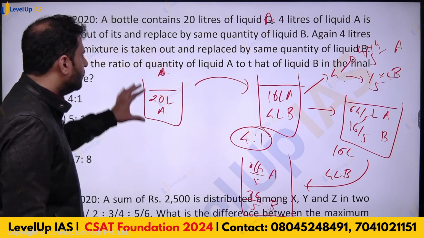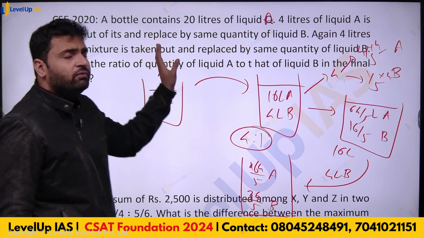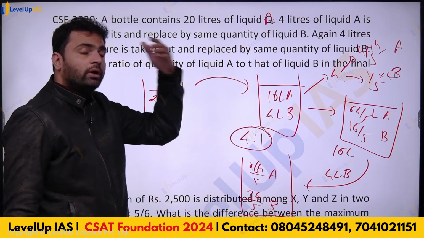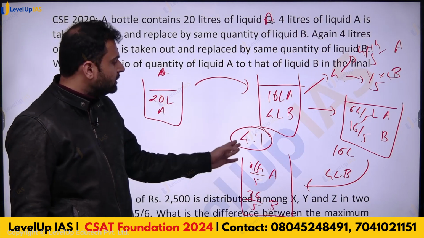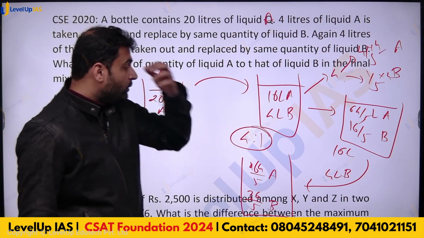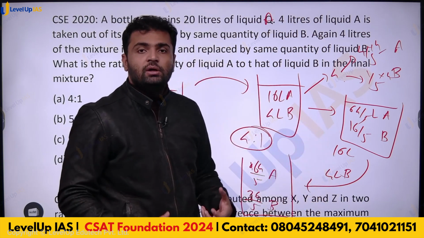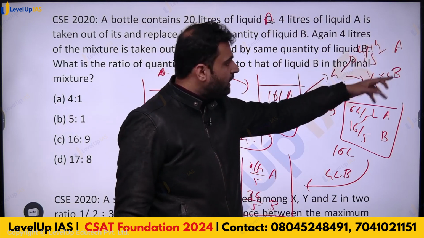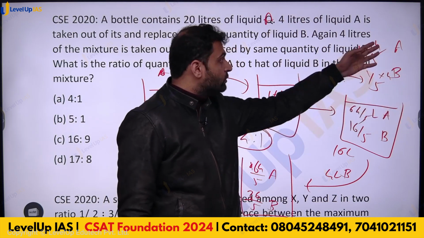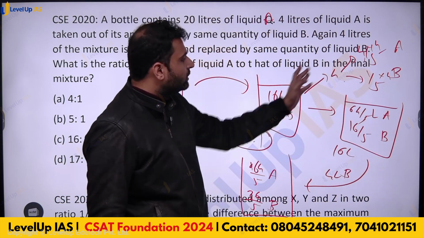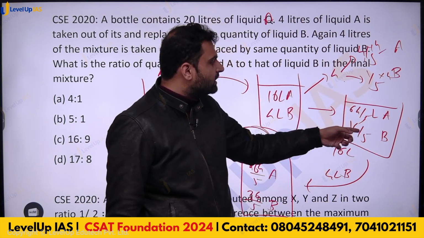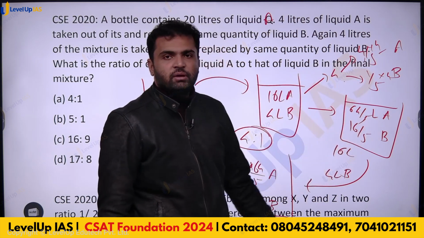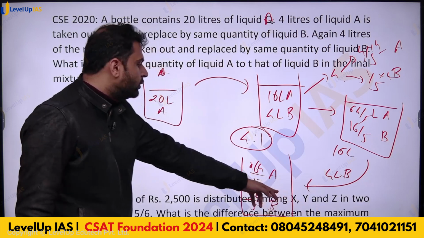I hope it is clear what is happening. There is 20 liters of A, then we remove 4 liters of A and add 4 liters of B, so we have 16 liters of A and 4 liters of B, in the proportion 4:1. Then we take 4 liters of this mixture out. In that 4 liters, 4 into 4 by 5 would be A and 4 into 1 by 5 would be B. Once we remove those 4 liters, 16 liters remain. In that we have 16 minus 16 by 5, which is 64 by 5 of A, and 16 by 5 as B, and we add 4 liters of B to it. So we have this